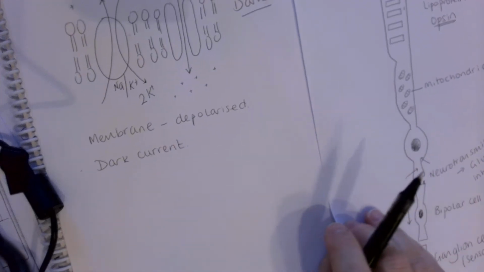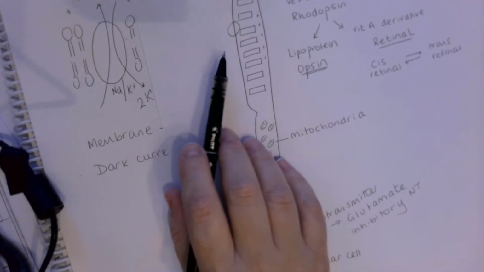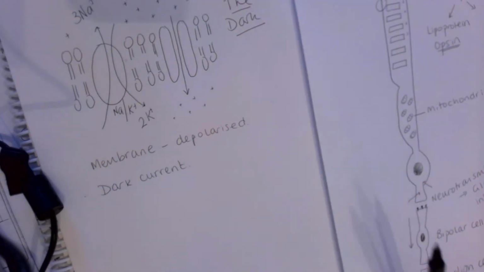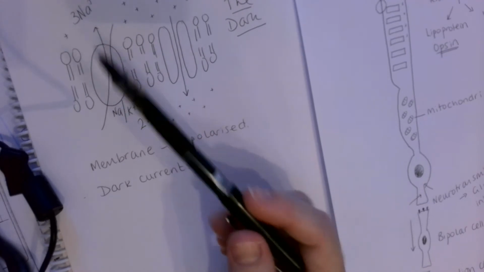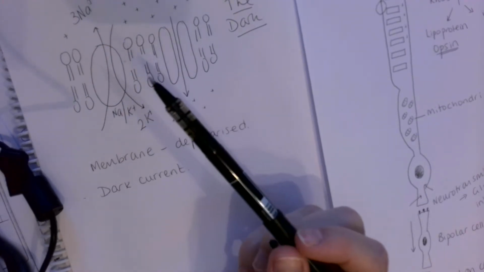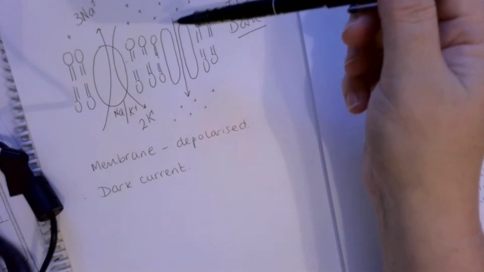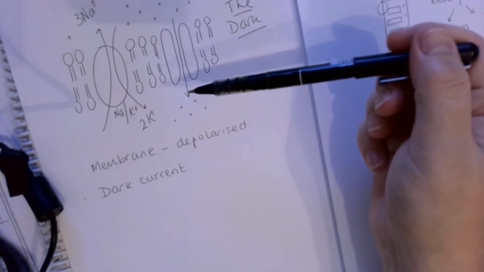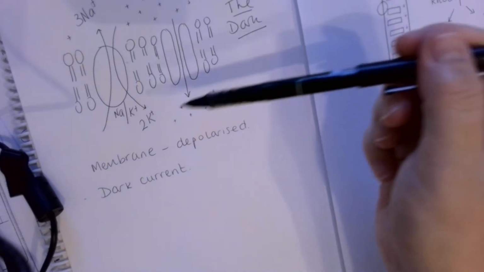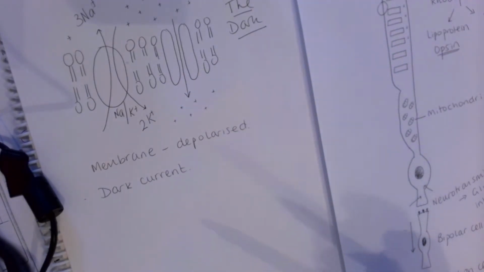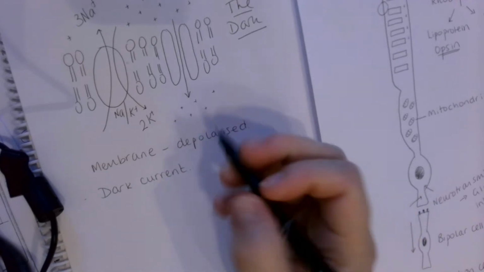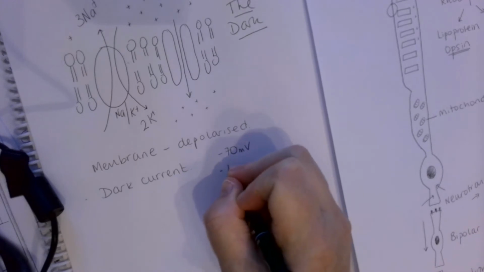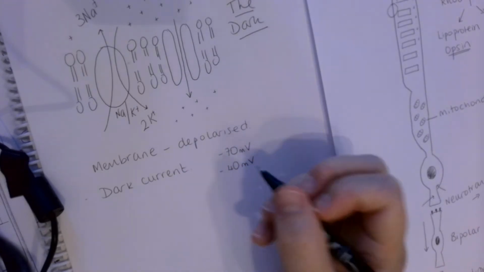Okay, so coming back to this then, we've talked about the membrane. We know that in the dark, we are depolarizing the membrane because we're pumping sodium out and pumping potassium in, but because of the sodium channel, we're allowing the sodium to diffuse back down into the cell, and so it's now depolarizing. It's not completely depolarizing though, it's moving from about minus 70 millivolts to minus 40, so it's not generating